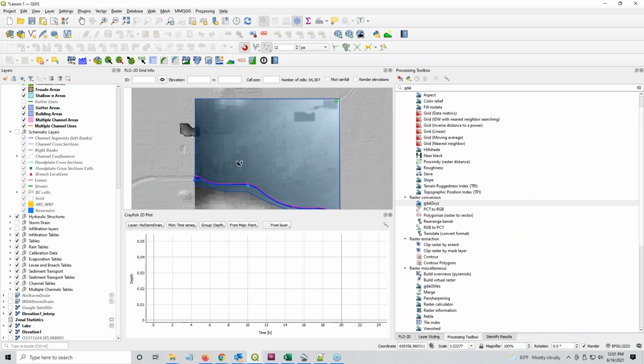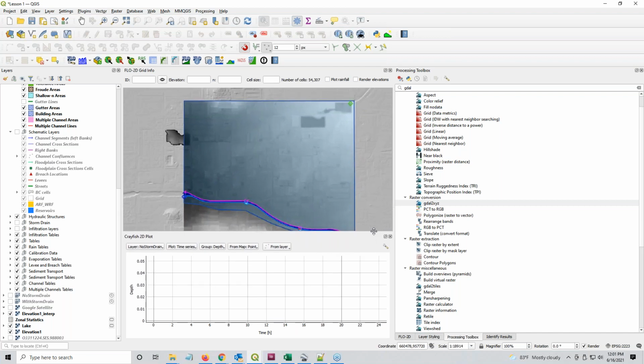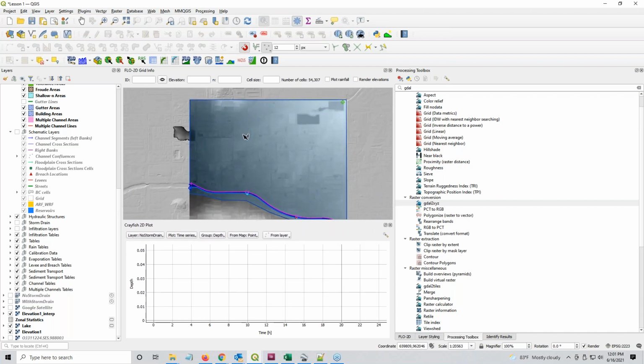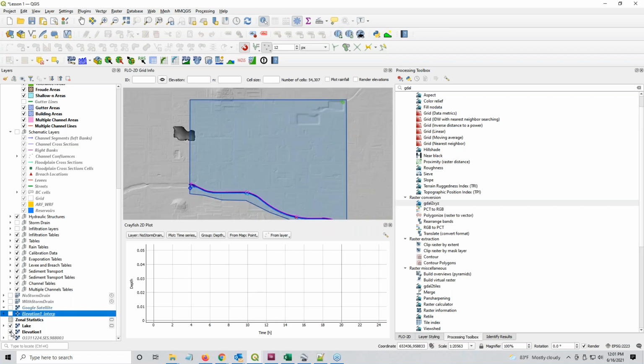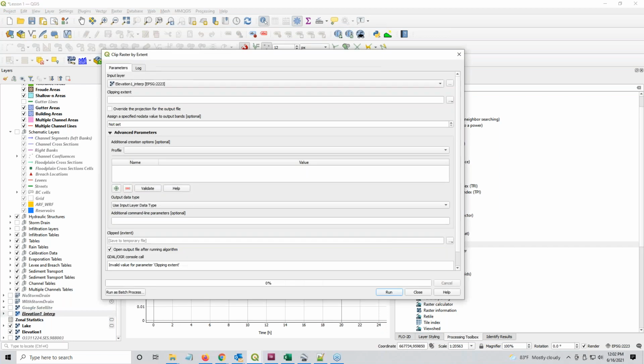And you can see that right here. Yeah, there we go. So I clipped it to the extent of the map from the original raster. And I'm referring to this one right here, this elevation. Nope, not that one. This one right here, elevation, original elevation data. And I clipped it just to the extent of the map using this guy right here, clip a raster by